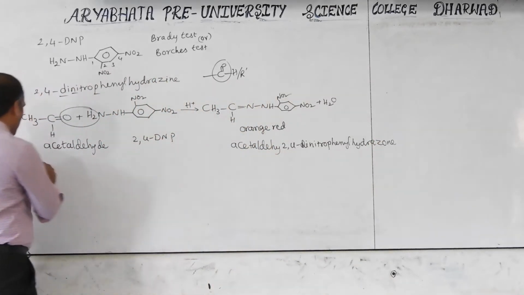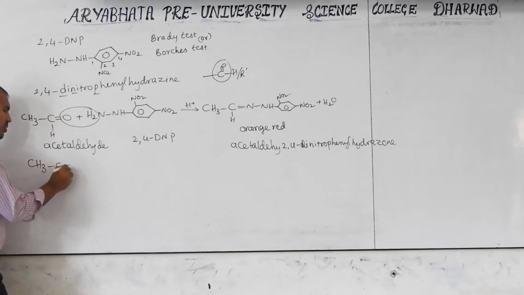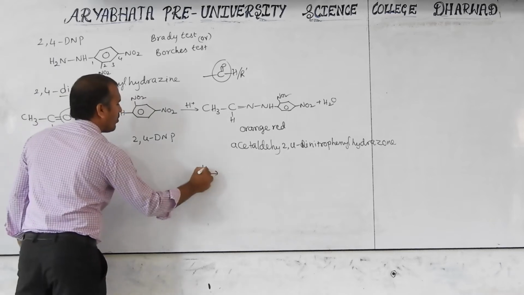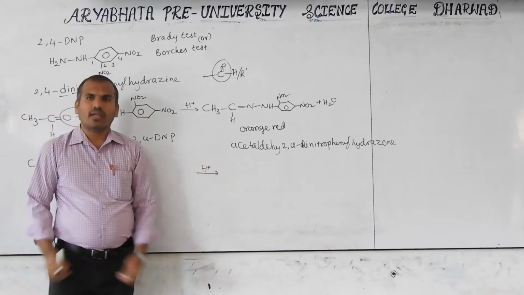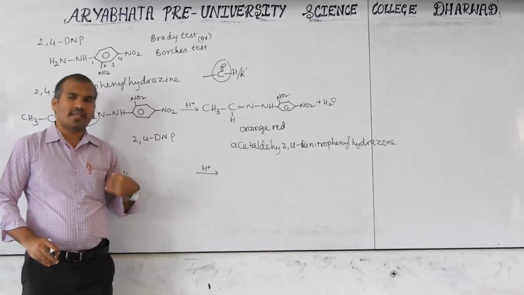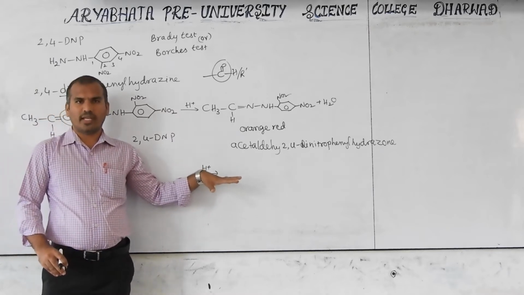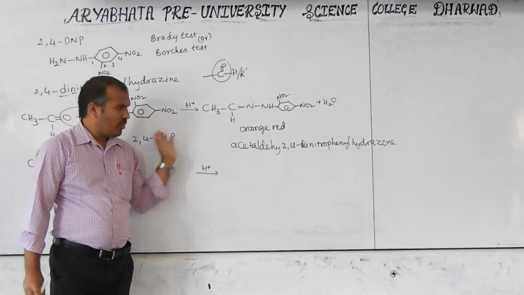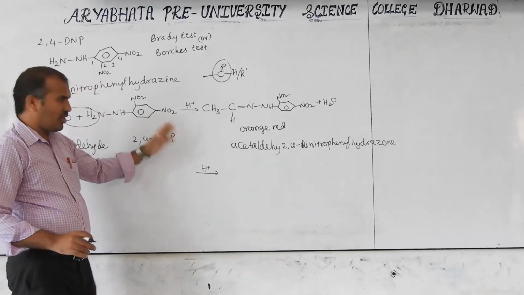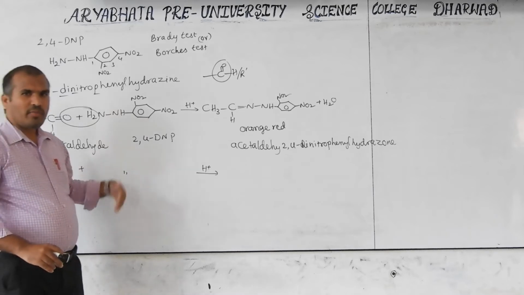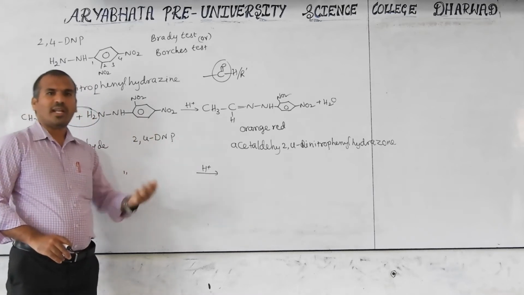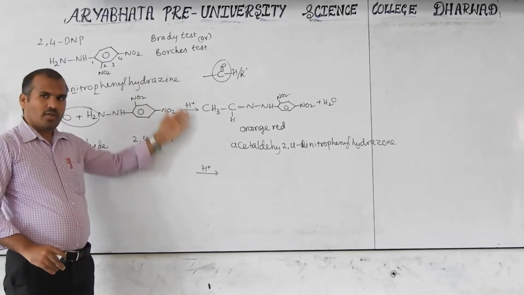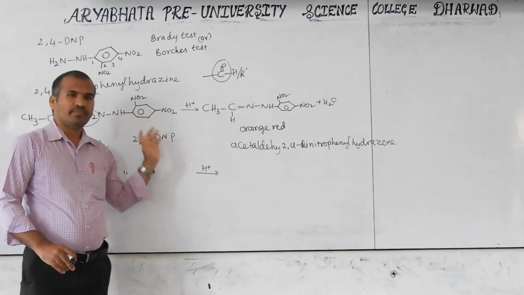Now homework for you. Take acetone, C double bond O, CH3, and react with the same compound in acidic medium. What is the product formed? Sometimes they may not add H plus also. Generally this reaction is carried out in acidic medium, not too acidic, not too basic, moderately acidic medium. Then only this reaction takes place. Otherwise, it does not. Not only this one: reaction with ammonia, primary amine, hydroxylamine, phenylhydrazine, every reaction of ammonia and ammonia derivatives takes place in weakly acidic medium.